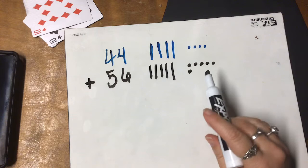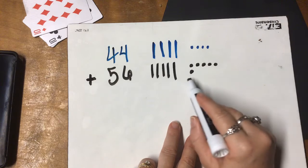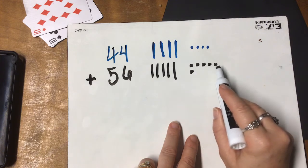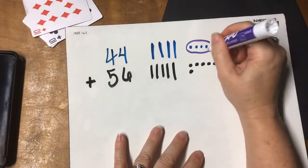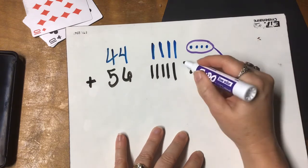Now, my 2nd grade and 3rd grade friends, if you remember from kindergarten and 1st grade, when we draw ones, we frequently have them pictured in a 10 frame. So I'm using that idea of my invisible 10 frame to do my groups of ones in a group of 5 and then one more. All right, so now I'm ready to add these numbers. And I notice that when I combine 4 ones and 5 ones, that's going to fill up a group of